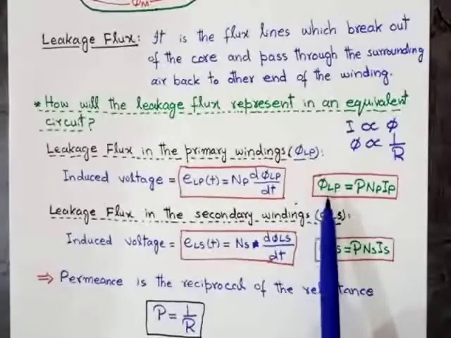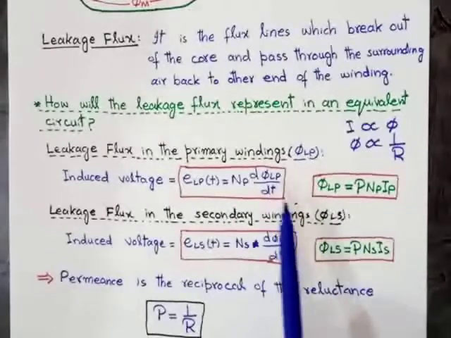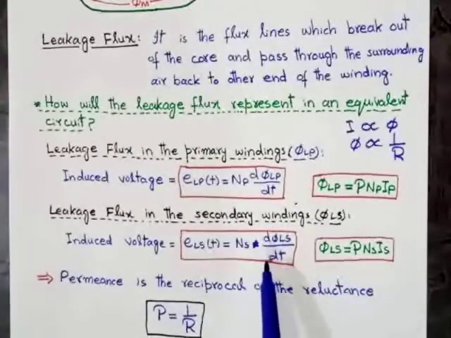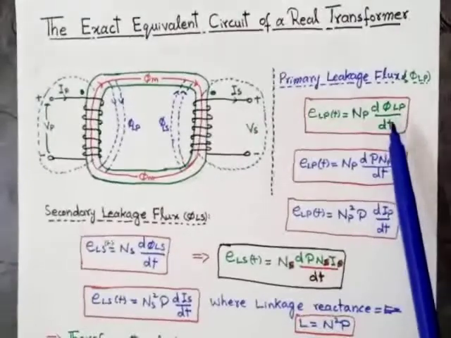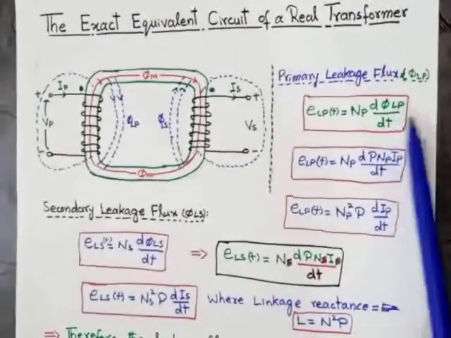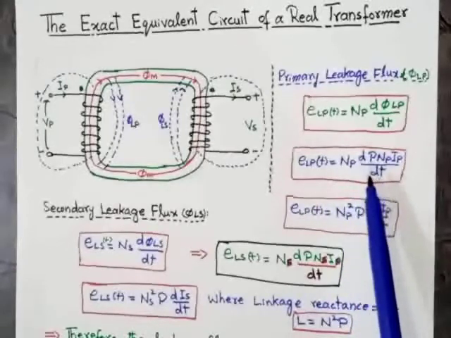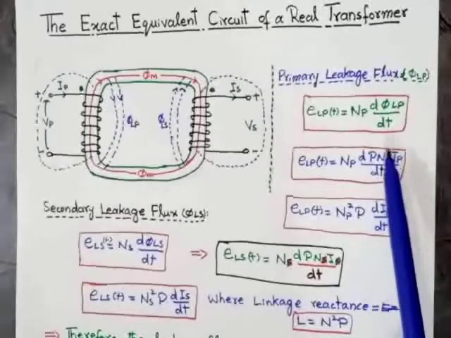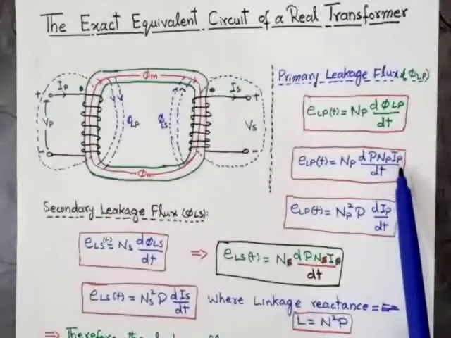So putting the value of leakage flux in the primary winding in this equation, we get E is equal to NP into d of (P NP IP) over dt. Just putting the value of leakage flux in the primary winding, P NP into IP, in this equation,